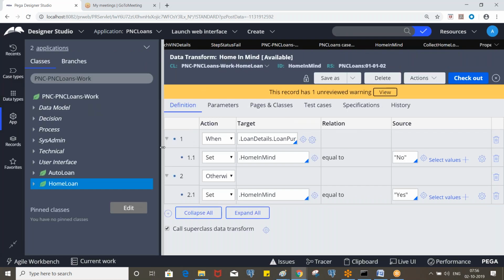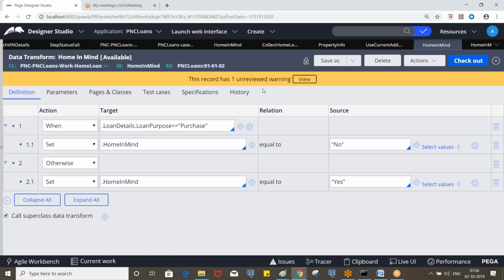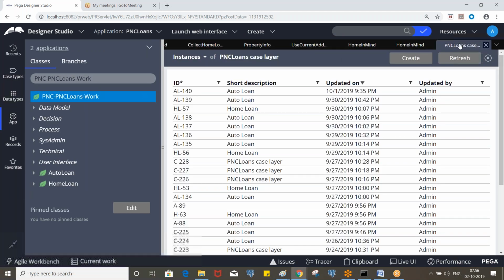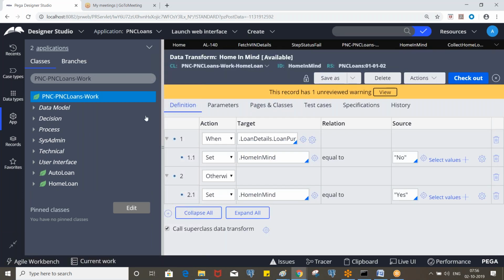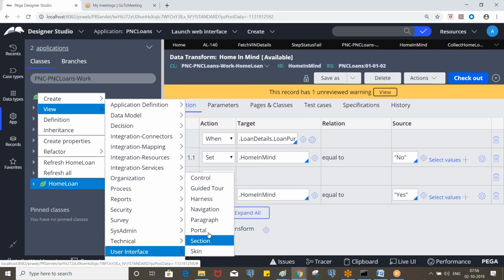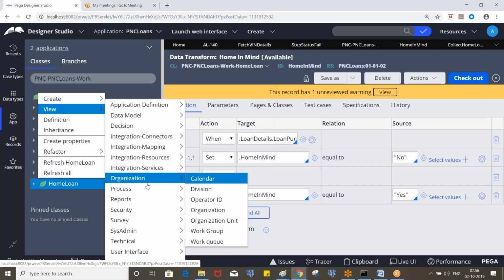So now we have a section ready. Okay, so what is the next step? You can create this logic part after creating the flow action also. Okay, let's create a flow action. Sorry, process, right?